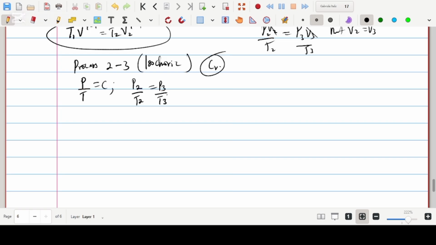If we are to make T3 the subject, we are going to have T3 P2 is equal to P3 T2. Then I'll have T3 is equal to P3 T2 over P2. You understand now? So whichever case it is, but don't forget we can get our T